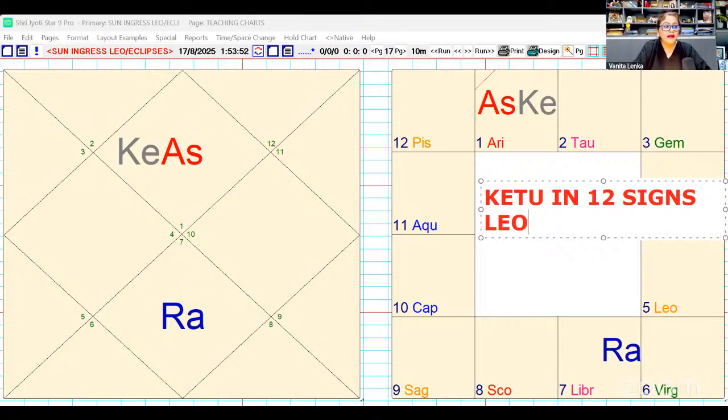So authentic radiance, risk of bruised pride, serve without spotlight. That is the key when Ketu and Leo get connected. And there can be some issues in the east direction, so avoid. Okay. And also,